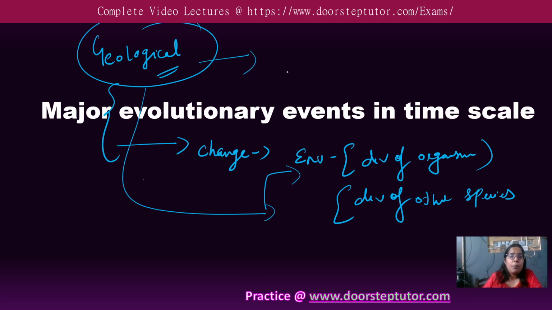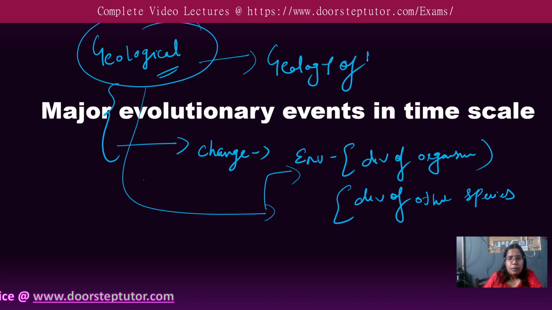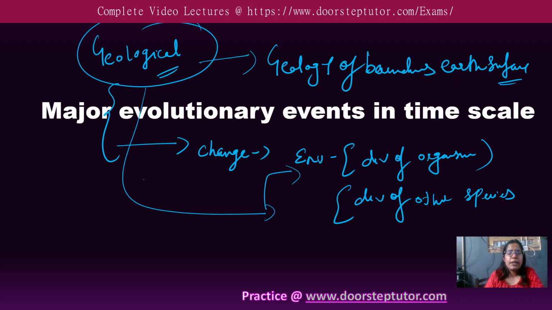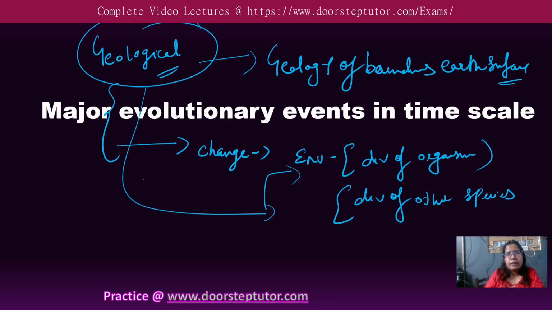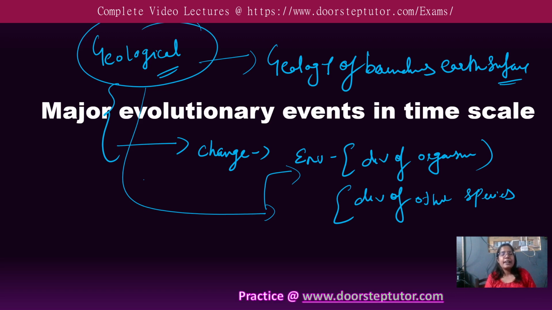Geology means related to the boundaries, related to the surface of our earth. So if we talk about the boundaries near the earth surface, they were playing a very important role. Boundary in the sense that different types of events occur, and after a boundary, let us say 4.4 to 4.3, 4.3 to 4.2, there was a different range actually. So geology has a direct connection with the geographical patterns that were there at the evolutionary time, as well as those evolutionary patterns are directly connected with